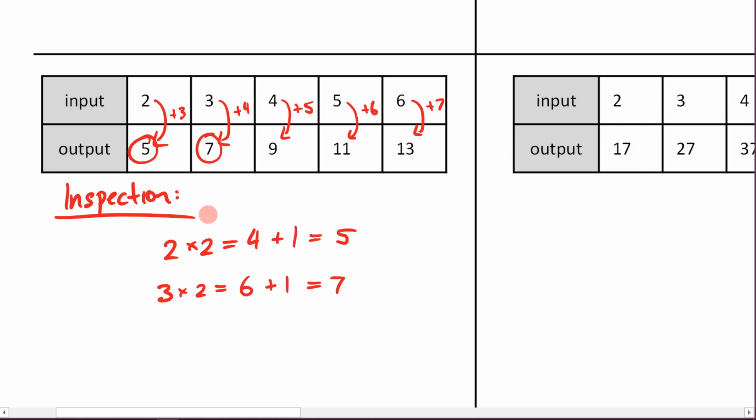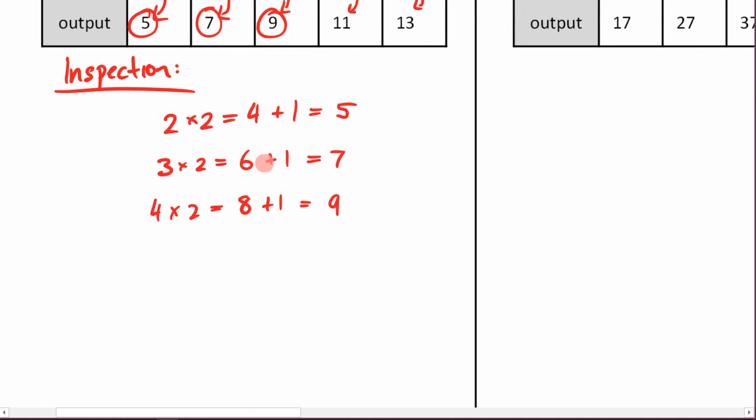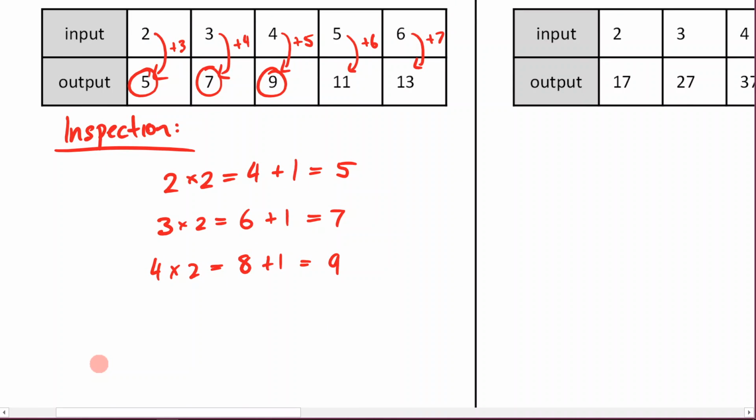And that's exactly what we have here. For the next one, if I take 4 and I multiply by 2, it gives me 8. And if I plus 1, it gives me 9. And that's what we have there. So again, I'm noticing this by inspection. So that means now if I want to write down what my answer is going to be, it's going to be my output